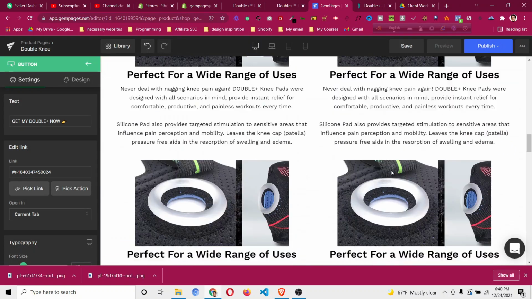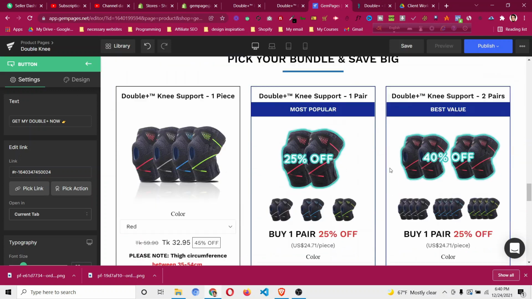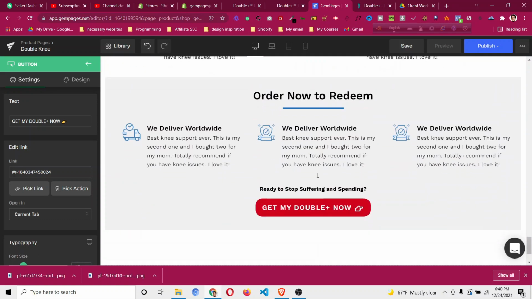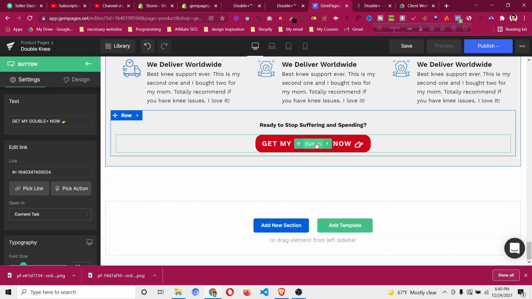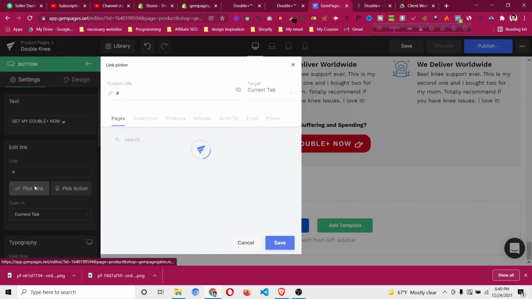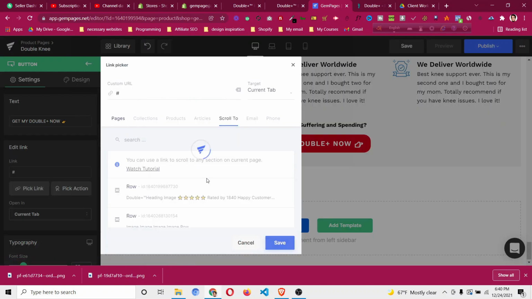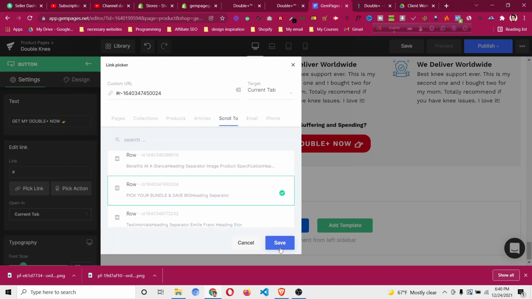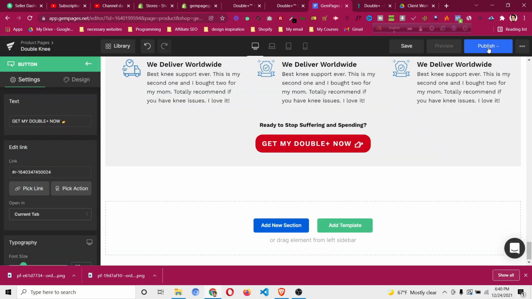Same goes for other bundles. If you have any other bundle in the same page, without this product dynamic section, this product dynamic or cart button will add the product to cart or redirect people to the checkout. Same goes for this one as well. So pick link, go to scroll to, and then click this, pick your bundle and save big. So if I just now save this page,